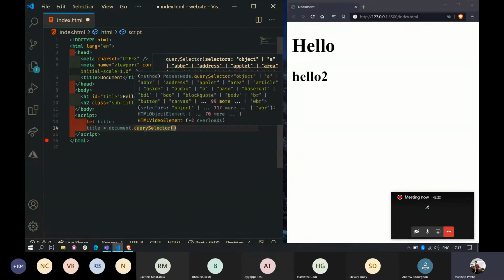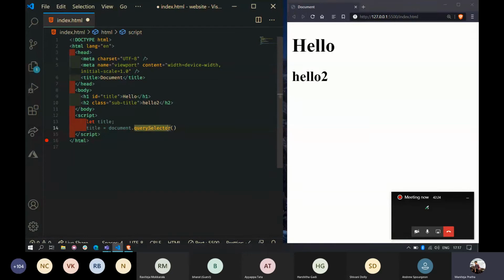So now let's see how you can access the h1 tag. Here comes the tricky part. Inside the quotations, tell me, we are accessing the element h1, which has an ID or class? It has an ID, right? So in CSS, what is the symbol that we use to style ID elements?